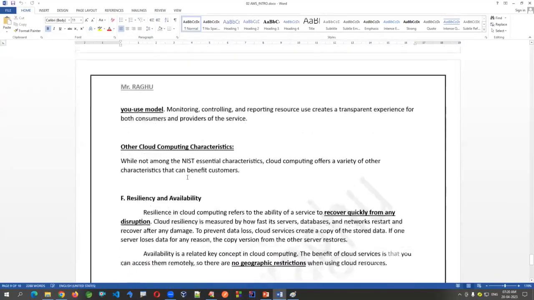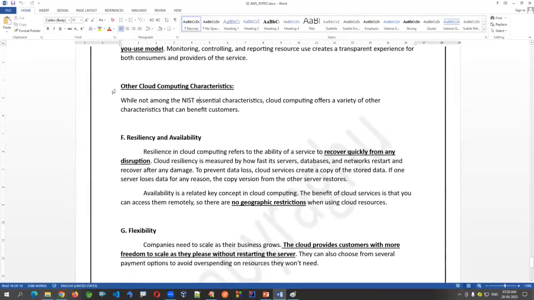Here we even have some additional characteristics: resilience and availability. Suddenly, if one server is down, or one availability zone is down, I am running my application in 3 places, so I should be able to access it from another area. We give support by running your application in multiple copies. If one is down, I'll give another service. That is called availability. Resilience: if something is destroyed or corrupted, it should be able to recover. That is called resiliency.